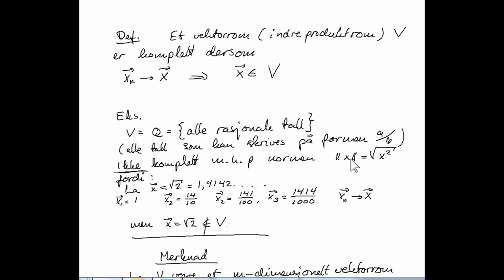The norm of x, which is in R1, is equal to the square root of x squared. Note that this is the norm in R1. And why is that not a complete space? Well, if we take, for example, x equal to the square root of 2,